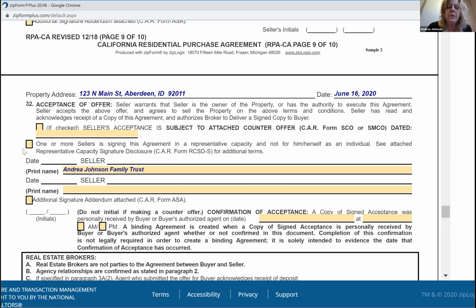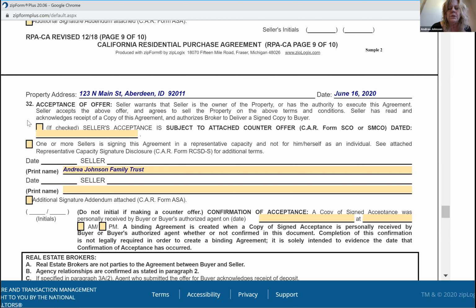But what you are doing is checking to make sure you get the RCSD when you receive the contract back or the counter offer back. Actually, usually if it's a seller multiple counter offer or even a seller counter offer, they don't usually send the RCSD at that time. But once you have agreement, let's say they send you a counter offer and the buyer accepts it,